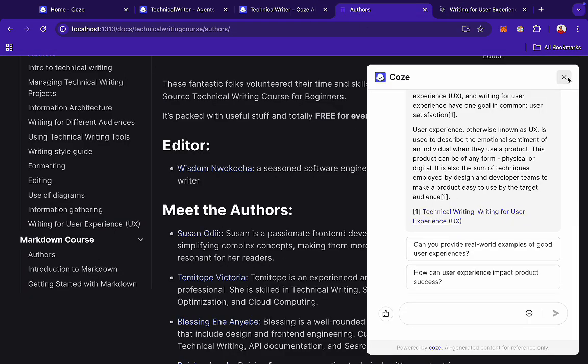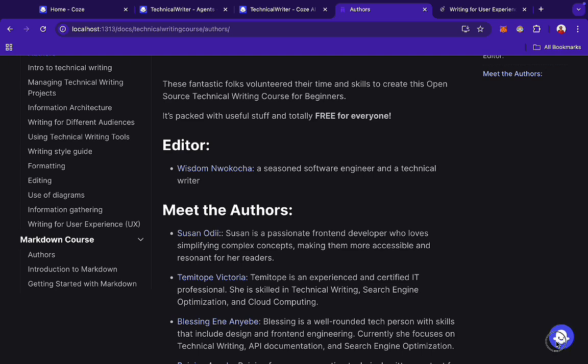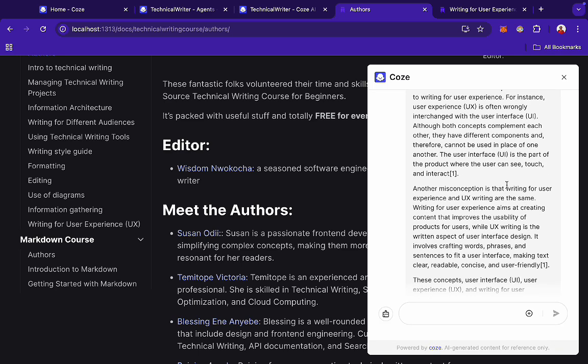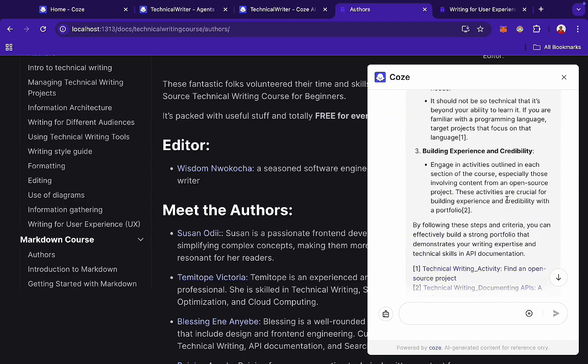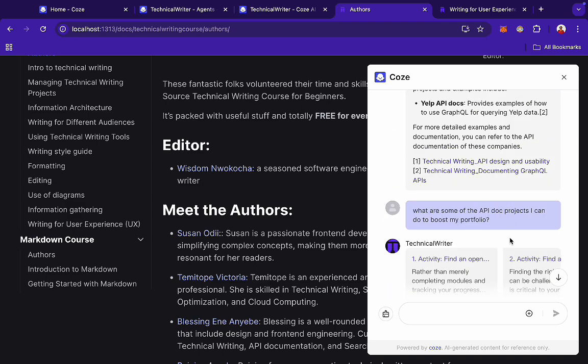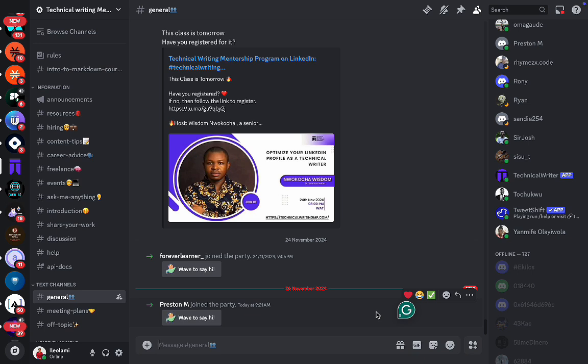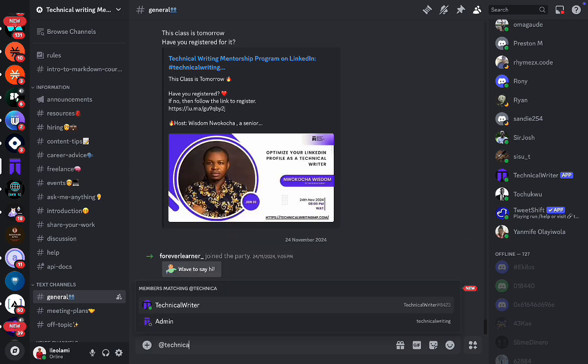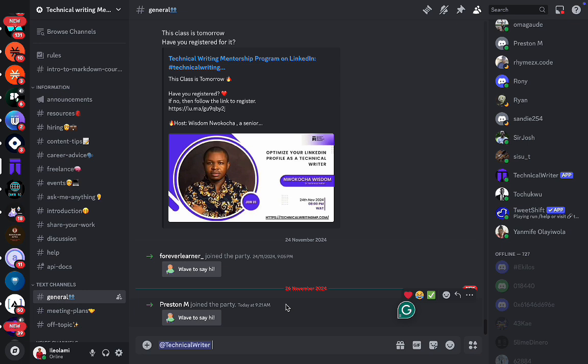Close it. Another good thing is that it stores the user's chat history based on the device, right? Okay, no, not the device, based on the browser that the user is using. So these are my past interactions with it. Now, how the bot works in the community. It has been added. All I have to do is add this tag, and then I'm going to ask, this is the bot here. So I'm going to say